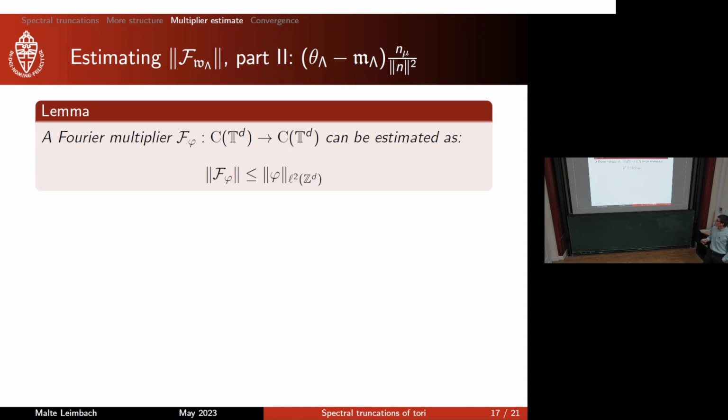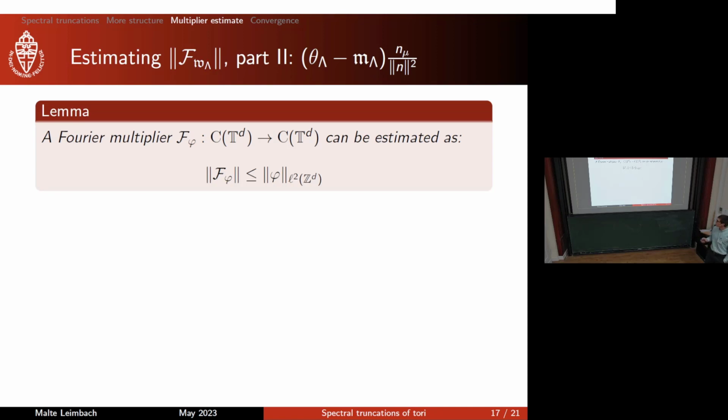And the way I'm going to try to treat it is this. I'm going to take a very rough estimate of the norm of this Fourier multiplier. As I said, the one we're after is not really a Fourier multiplier, but we can adapt that to our setting. So the norm of a Fourier multiplier, you can show that it's estimated by the L2 norm